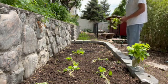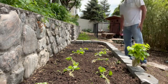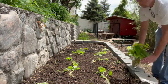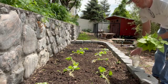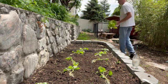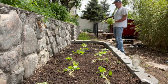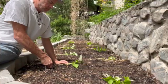Some sweet potatoes will only grow the actual potatoes where you plant them on their original roots, but others, wherever the stems lay on the ground, they'll root again and they'll grow other potatoes. So I'm not sure what kind these are, so we'll see how this bed fills in over time. But again, it only took 12, and these are very healthy slips, so I had a really good time growing